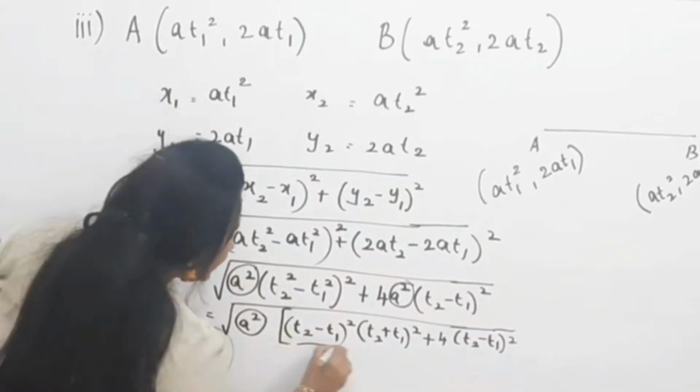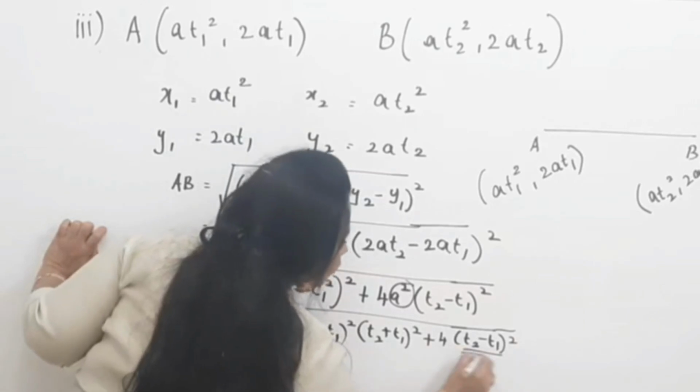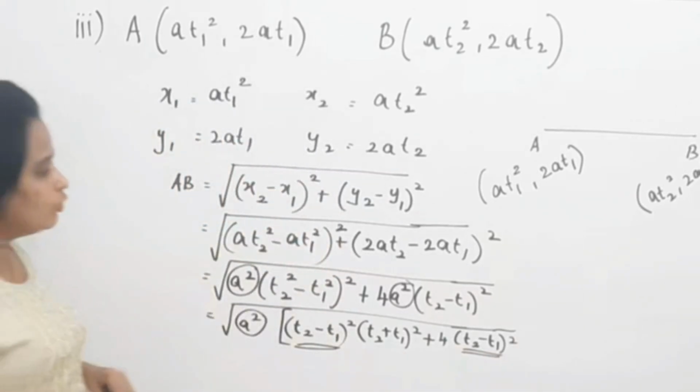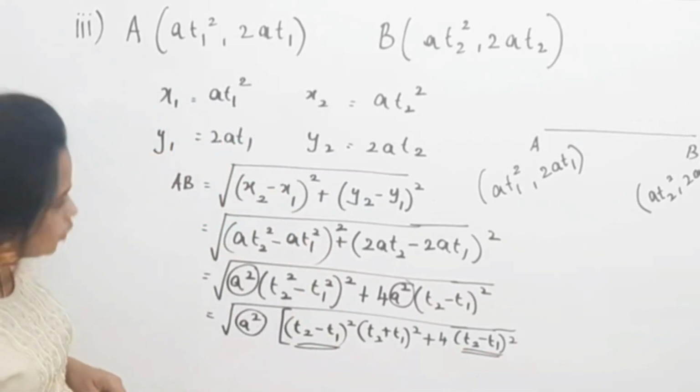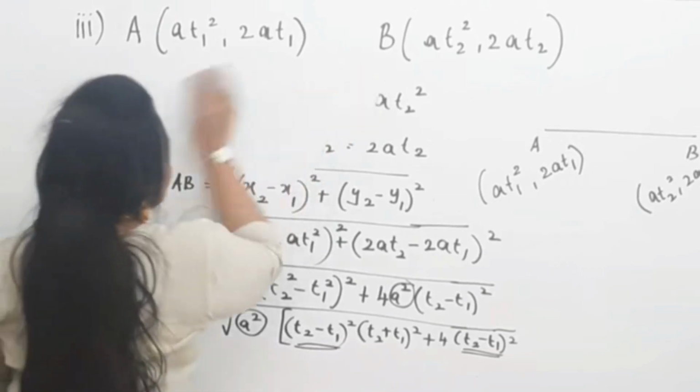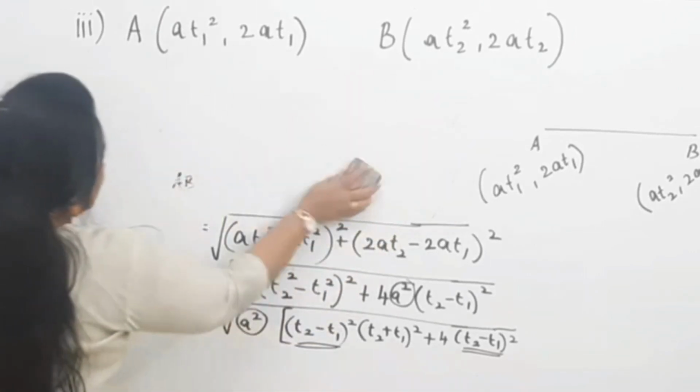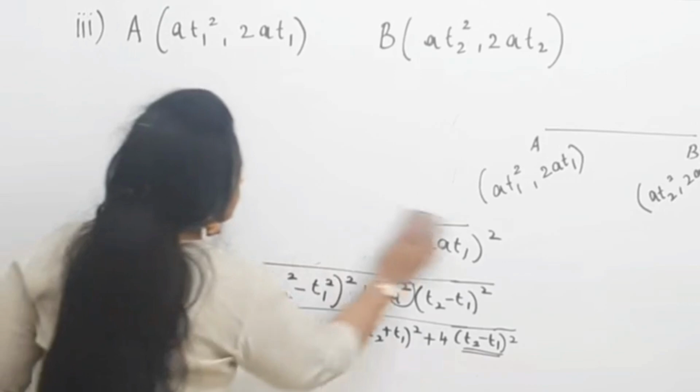Now you can see again (t2 minus t1) the whole square is common. So you will take out (t2 minus t1) the whole square from the terms. So it would become